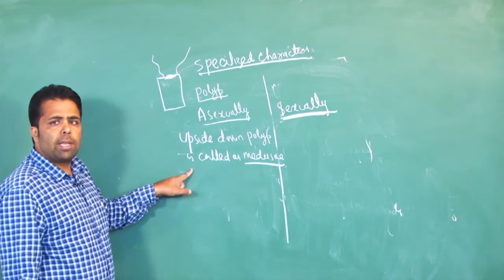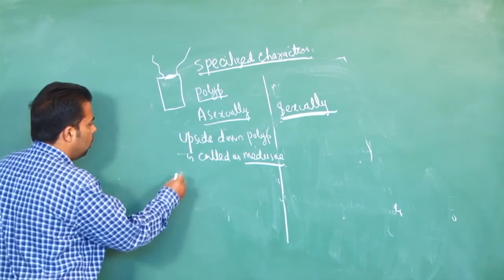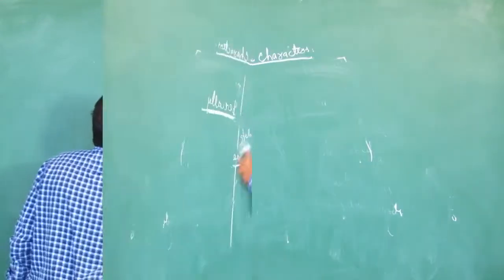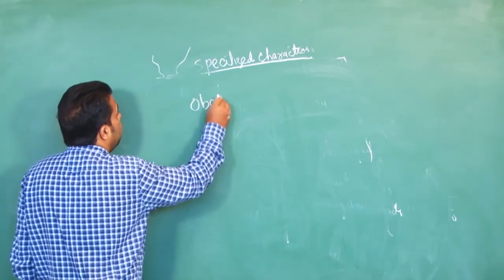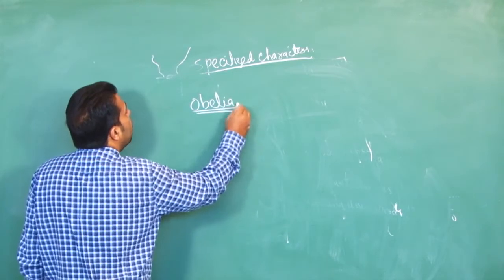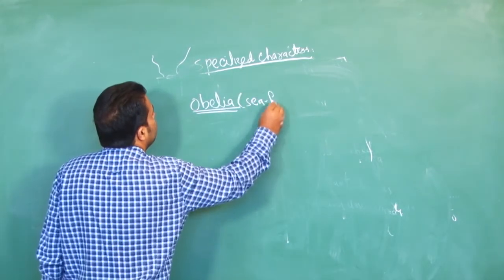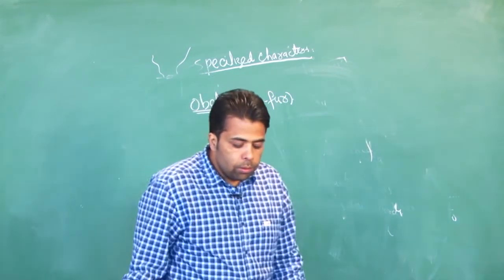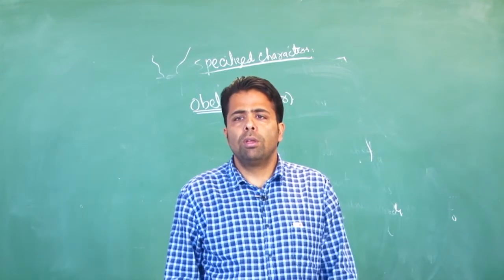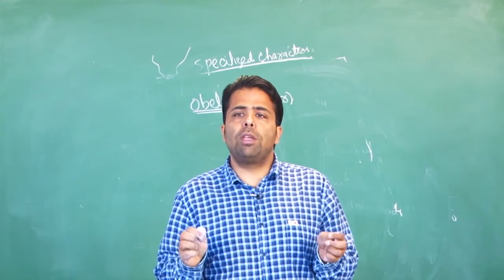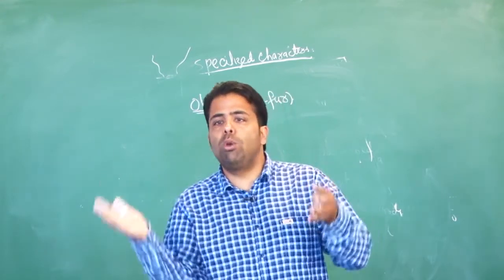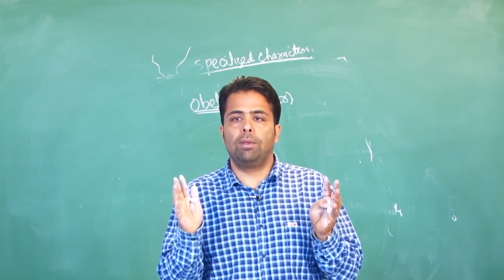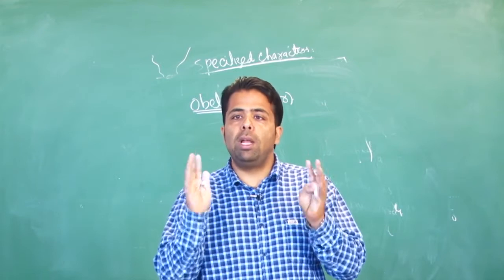We need to give a very important example here, obelia. Obelia is called a Cepher. Obelia is an exception. It is trimorphic. We have seen the coelenterates, they are either polyp or medusa. But obelia is taken as a specialized case. Obelia is trimorphic. There are three individuals in obelia, three stages of life.